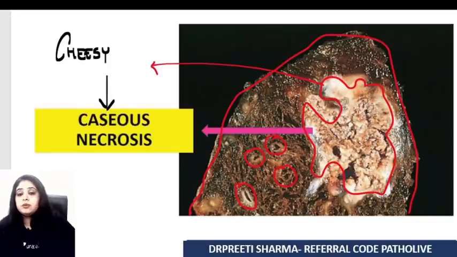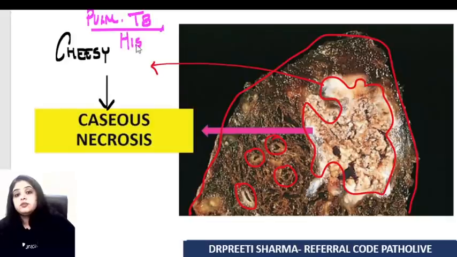And this cheesy appearance is known as caseous necrosis. Well, let us move forward, and I think this is something I don't need to discuss too much because we all know this is probably a case, especially in our country. The first thing that I would think of with this caseous necrosis in the lung, I'll think of pulmonary tuberculosis. What else? If I ask you one little theory question over here, if not TB, then which other fungal infection can you think of? Histoplasma. So fungal infections can also show you caseous necrosis. So histoplasmosis can also be one of the differential diagnoses that you'll keep over here.